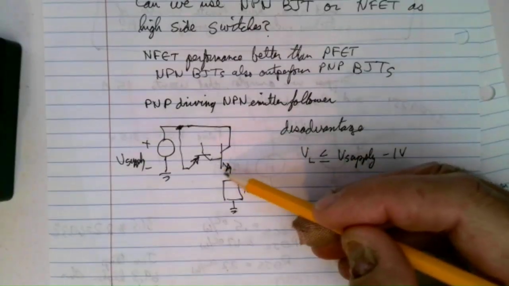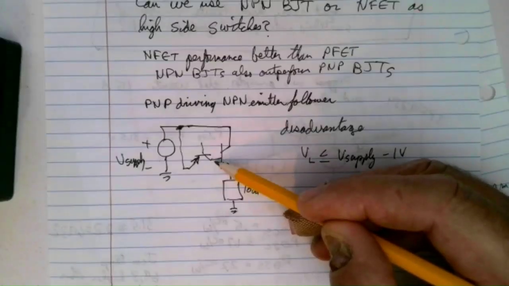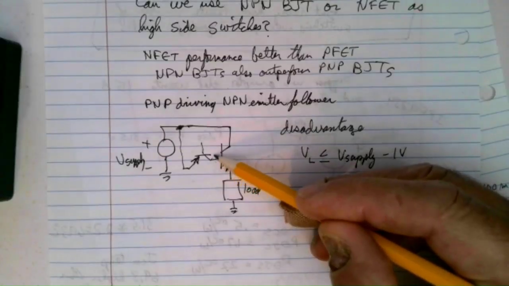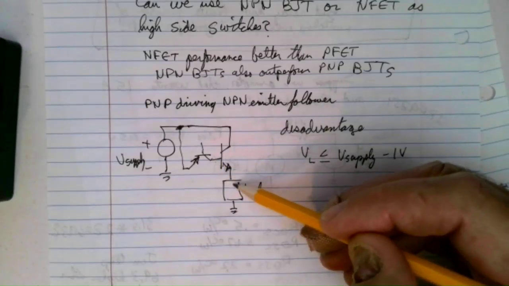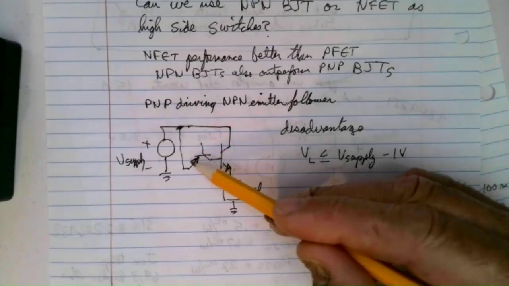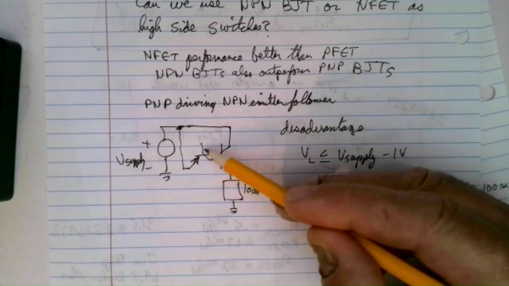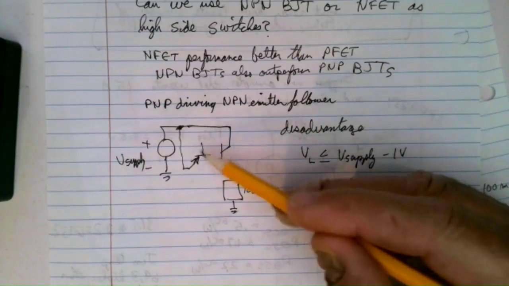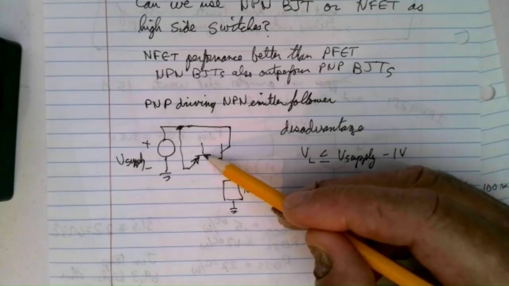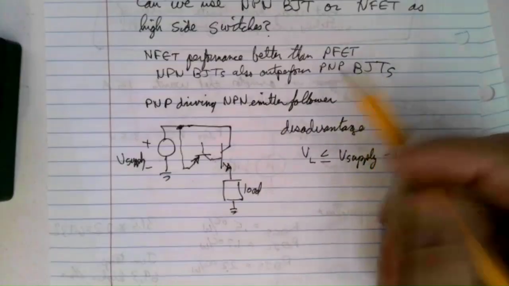All right, and when it's not saturated, its beta will be higher, and that means it needs less base current. And the base current is not wasted current, because it just becomes part of the load current here. So that's a significant plus. And then the PNP collector current, of course, is less. And that means I need even less PNP base current to turn this guy on and saturate him. So this looks pretty good in some respects, but holy smoke, can you live with a whole volt